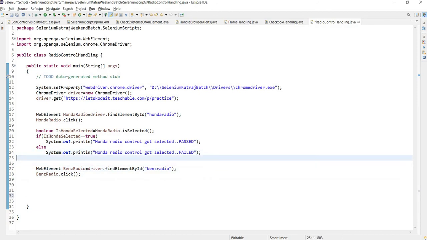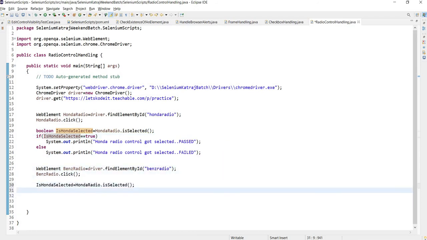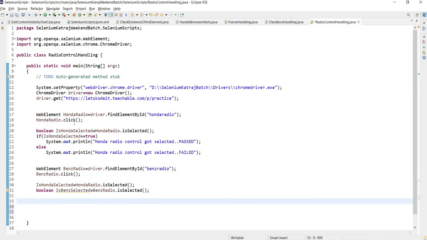The same variable I will use to get the status of the Honda radio, and the second is isBenzSelected. So we are retrieving the isSelected state from our Honda radio and Benz radio.